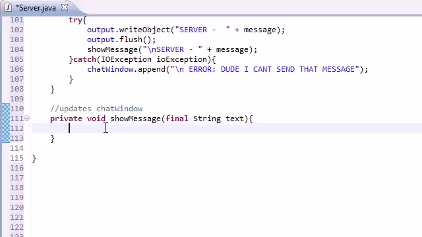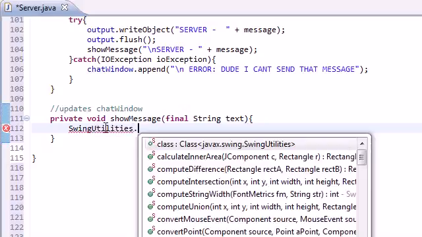But what we want to do now is say, you know that GUI we just built? Well, actually, we want to change something in it. We want to change the text that appears in the chat window. So instead of having to build our entire GUI again and show the brand new GUI, we can actually update parts of the GUI instead. The only thing we want to update is the chat window because that's the only thing that's going to change. So in order to update a part of your GUI, we need to use the swing